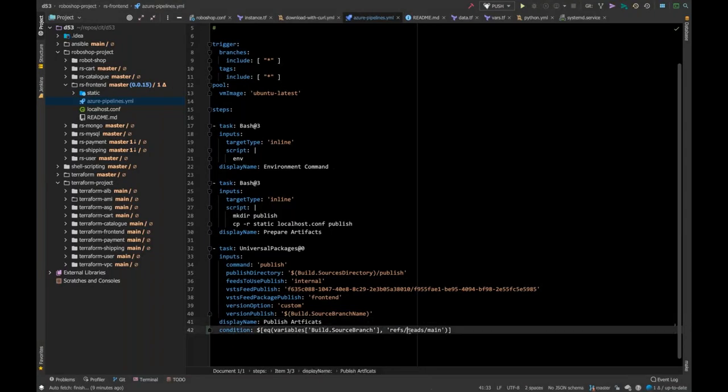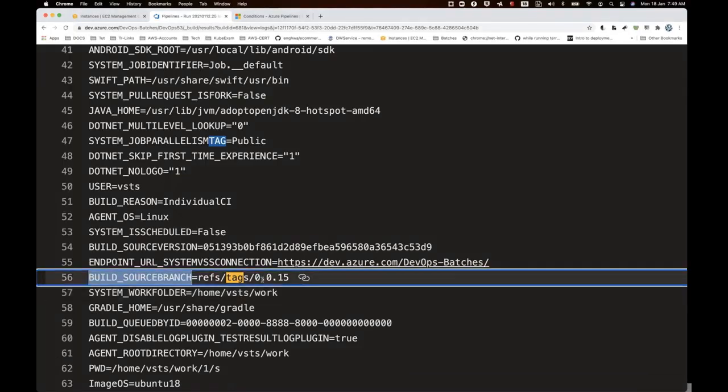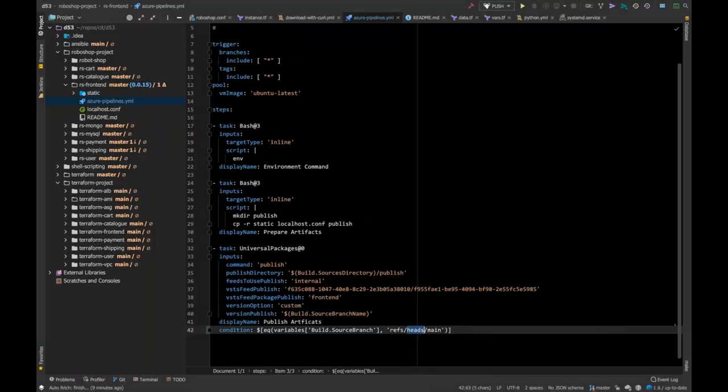If it is equal to refs/tags/, and then anything, so a star also I can give. I think the star should work. If any tag is created, then only you want to run this. All right, so let's go and push this.